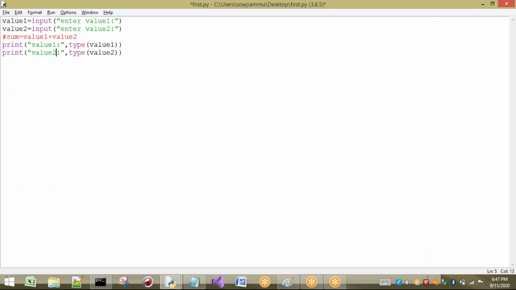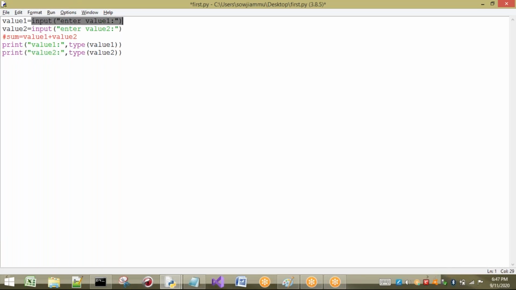So let us go back to our conversion from one type to another type. To convert any type to int, we have a function called the int function.